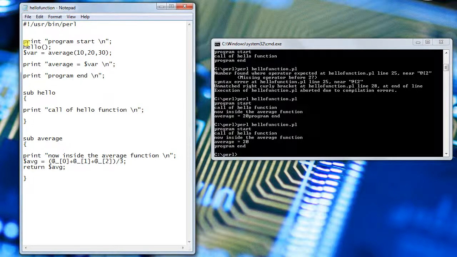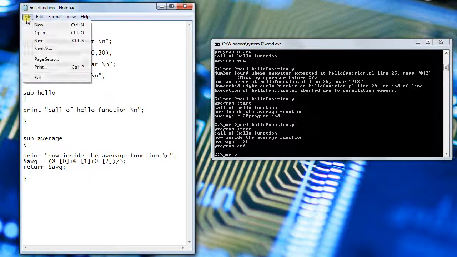So that is how functions work, and this is a simple demonstration of how functions work. The important thing that you should see is that while you are passing values to functions, the values get stored in this particular array, and you can access the elements of the array and compute anything inside the function body. This is just a simple illustration. There are still many other ways in which you can use functions, or pass values. We will see all of those in our later lectures.